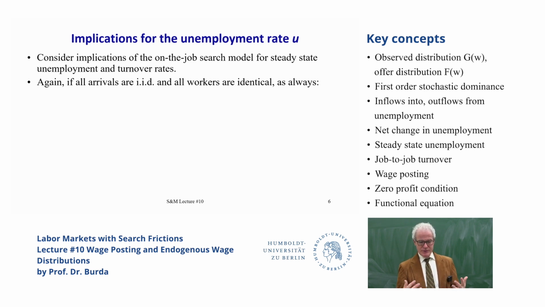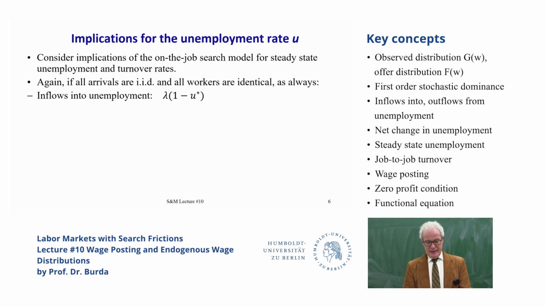I mean, again, we can always cook a model with the distribution of underlying productivity. It's verifiable. When you meet, you can examine the workers' productivity. You can change all that. But that's almost like assuming more than you need to get this fantastic frictional result. This is based on a friction. Just you cannot get an infinite number of arrivals in any particular period of time, and you can't know where all the jobs are. Okay, so we already know the inflows into unemployment is basically this parameter lambda times the,